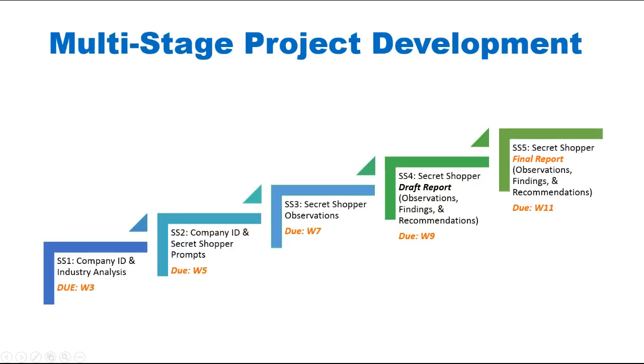These are the 5 stages that this project will be developed over the course of the class. And this video tutorial will focus its attention on the development of the first stage, which is where you will identify a local small business for your observation and where you will then conduct an industry analysis so that you have a sense of the challenges and opportunities within that particular industry, as well as to begin to understand what kind of customers may be walking through that door so that you can appropriately develop